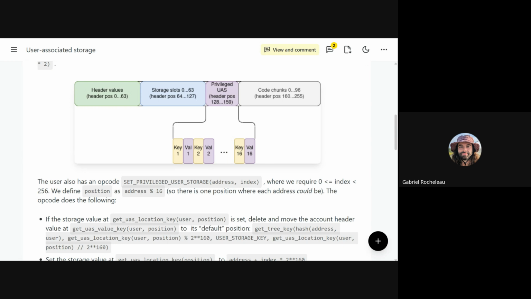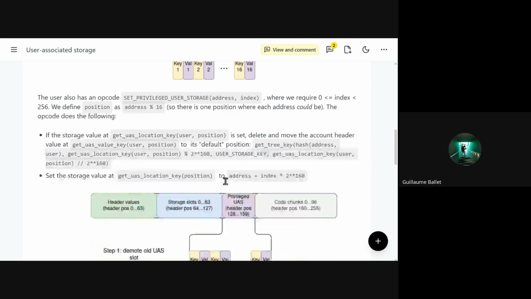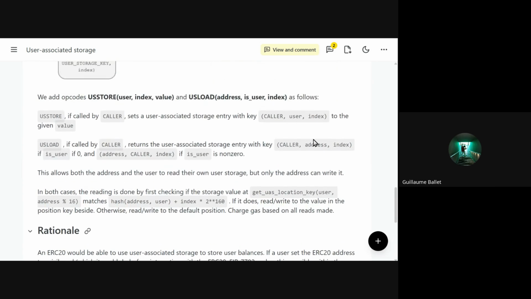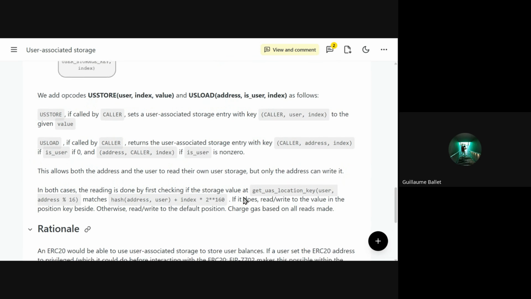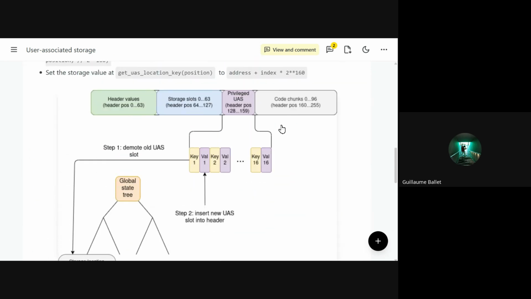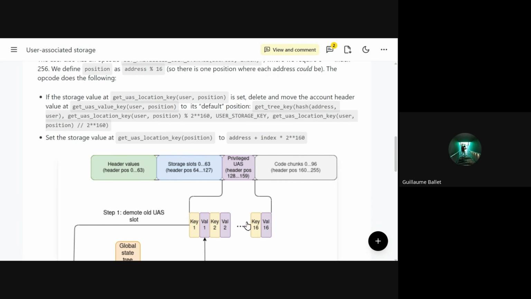Okay, fair enough. And all storage lives under... So anytime I want to call my Shiba Inu token balance, would I call... I would still call the balanceOf. Yeah. So technically, the way I designed the US load opcode is that it actually has a flag is user, and so you can read your local storage either from your own account or from the Shiba Inu contract. And would that require smart contract changes